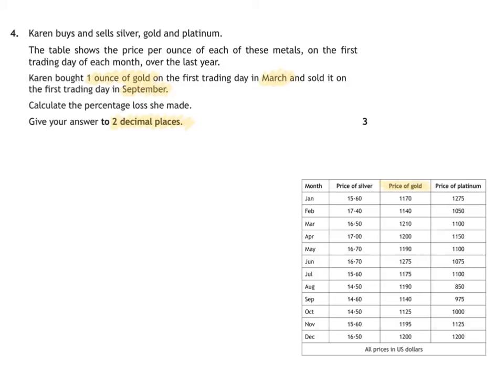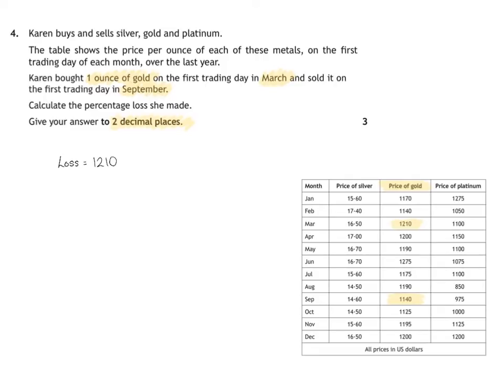We know that she bought it in March, so this is our value for the March date. She sold it in September, so that's that one. And so we need to work this out as a percentage loss. So before we can work out the percentage loss, we just need to figure out what our loss is. So the loss is going to be equal to